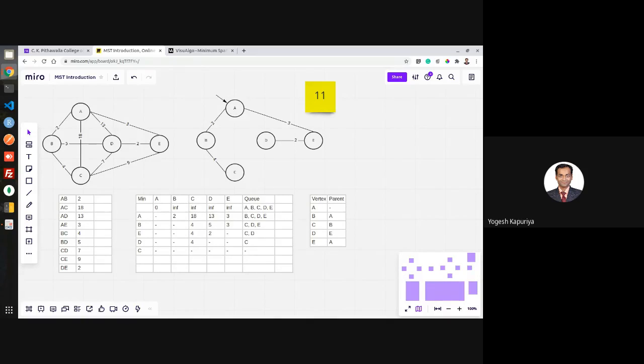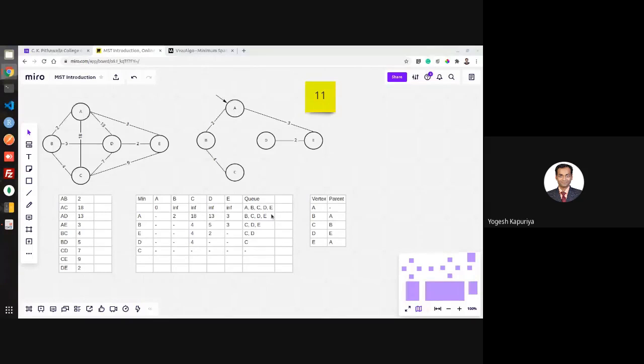The key value for that one is zero. So 0, infinity, infinity, infinity, infinity. Now your actual loop starts. It should not say for loop, but you should use a while: while the queue is not empty.